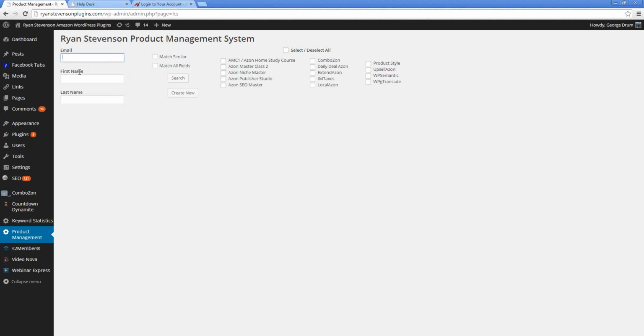the main thing here, you have these three fields over on the left: email, first name, and last name. You can punch in any amount of information that you might know about the customer here to try to find existing licenses that they may have. And this is also kind of how it works when you are creating a new license as well. So just for example,